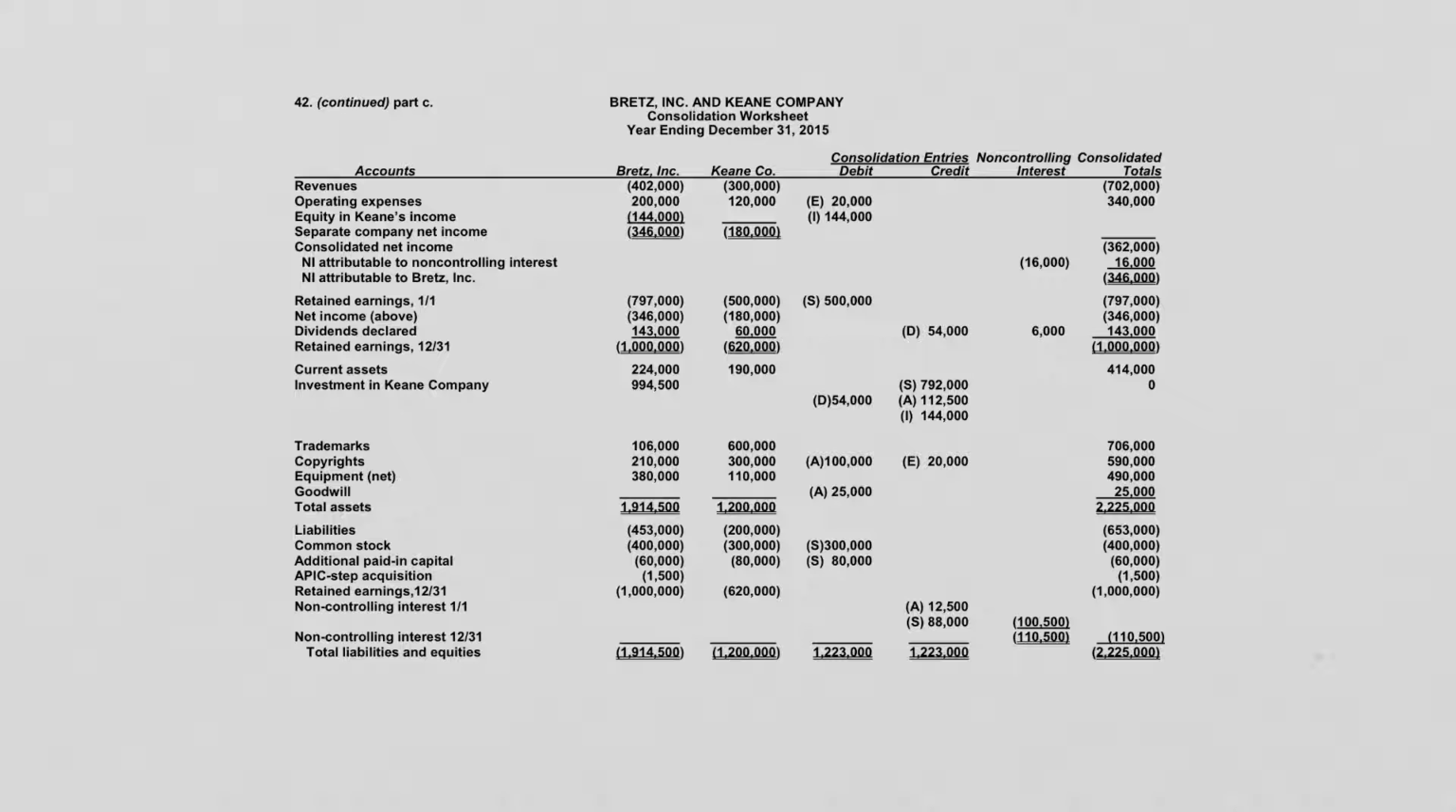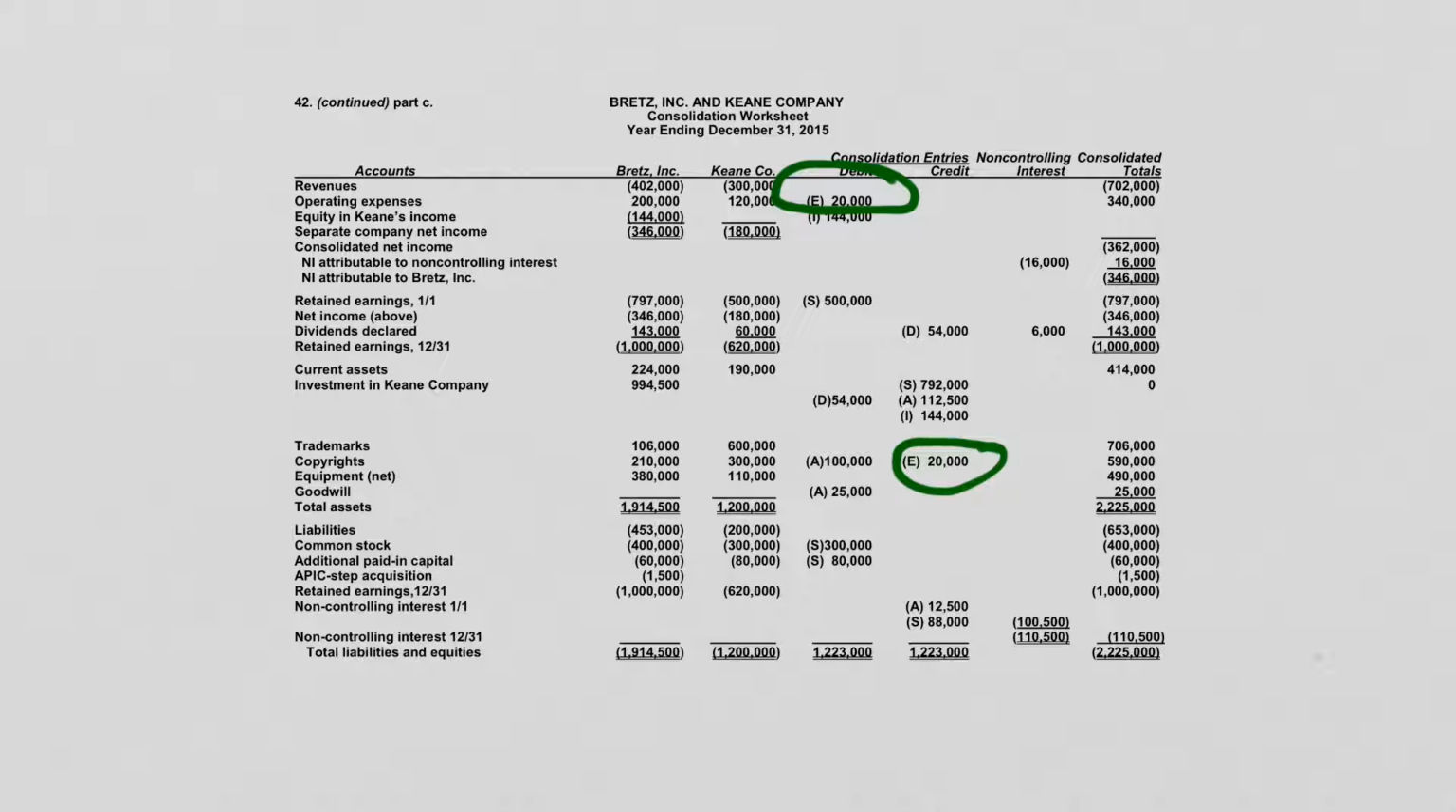Now we move to the E entry, which is going to record the amortization. It's 20,000. There it is. We're adding to the operating expenses. And it comes off the copyright. Pure and simple, right there. And we're done with the